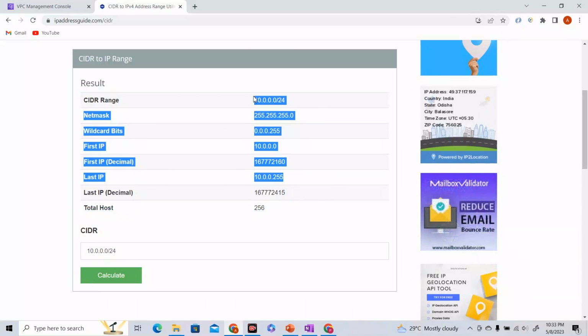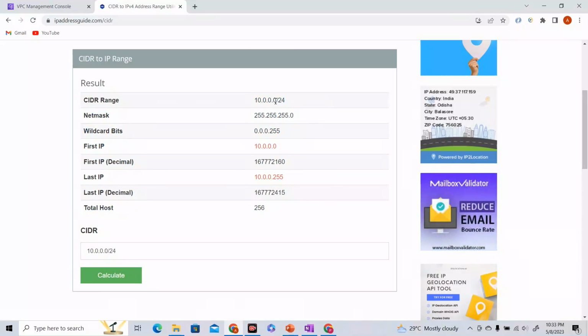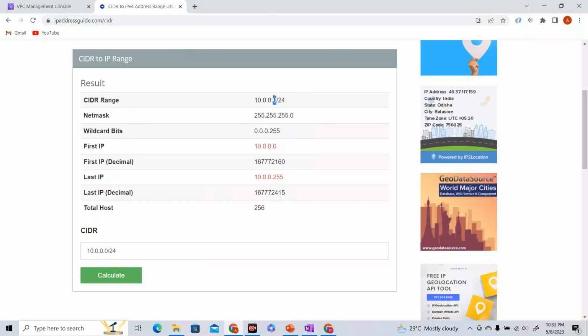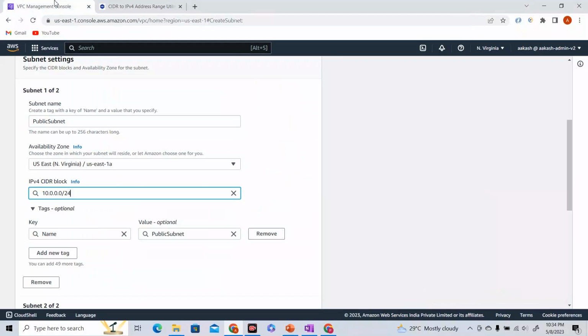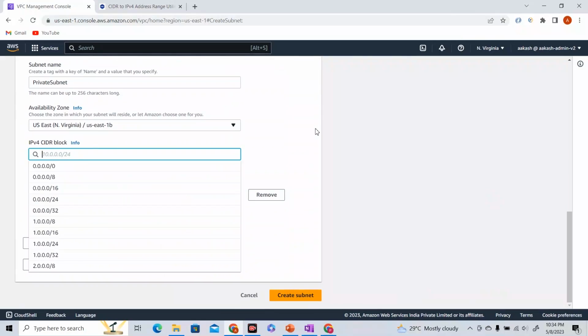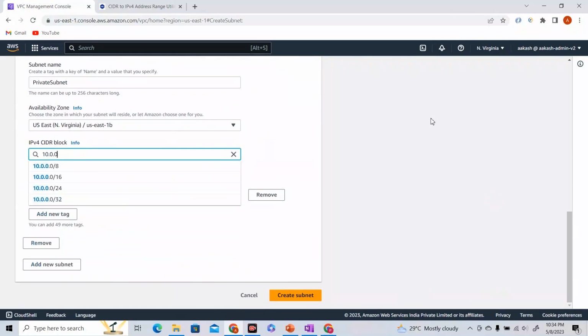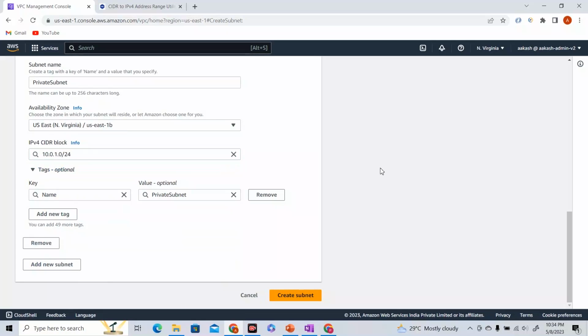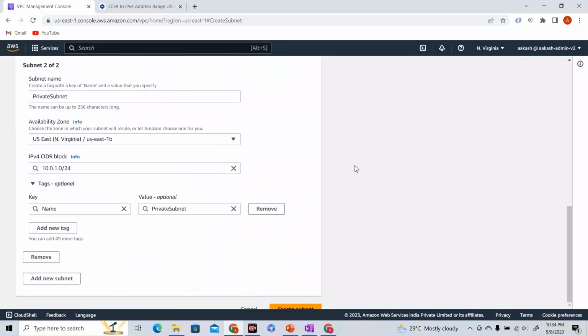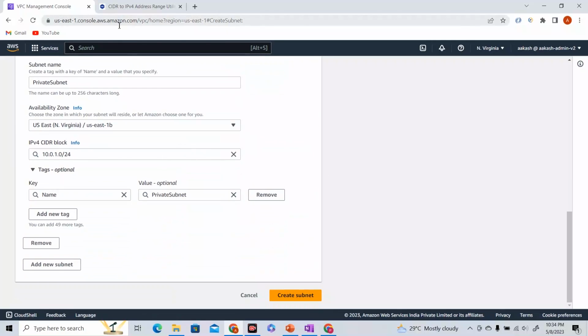It is going to overlap with this particular range, right? Because with this last octet we are creating this public subnet, and if you use the same octet for the private subnet, it's going to be a problem. So we're going to use the next valid IP address range, which is going to be, in our case, 10.0.1.0/24. Now you can take any other valid IP address range. I don't care. I'm just taking it to keep things simple, so I'm taking the next valid IP address range over here. Okay. Now